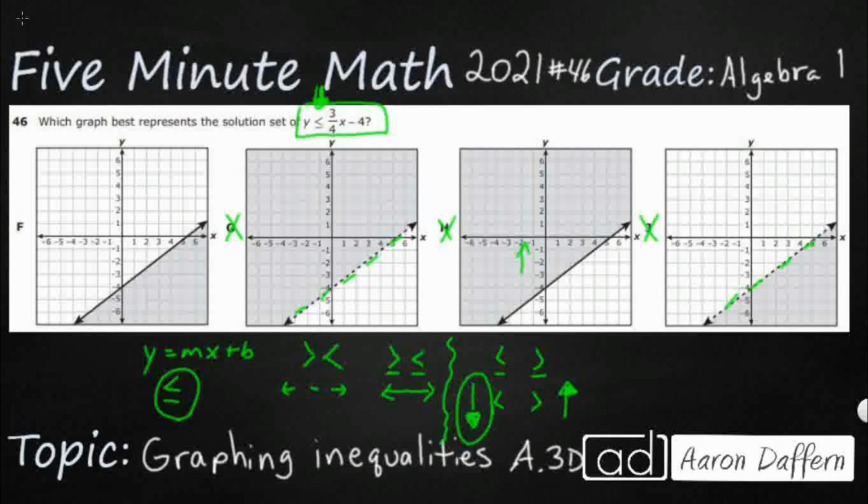Well, it is in slope-intercept form. So this b right here, that's going to be my y-intercept. Let's make sure that checks out. Do we have a y-intercept of -4? Yes, right there. So that's good. And then we have a slope of 3/4. Okay, so our m